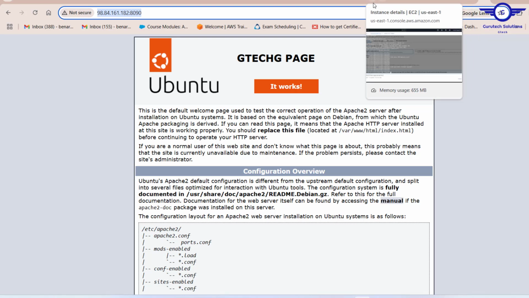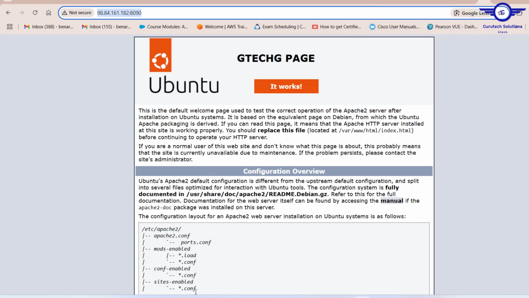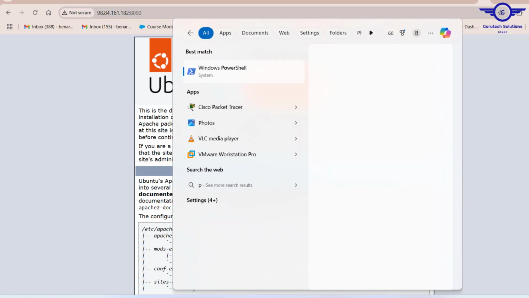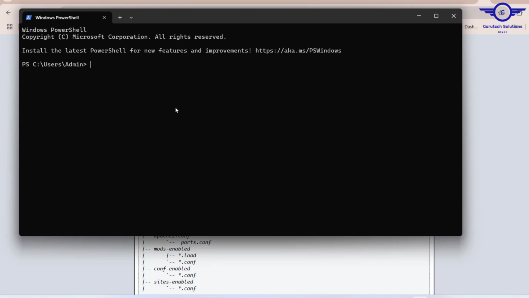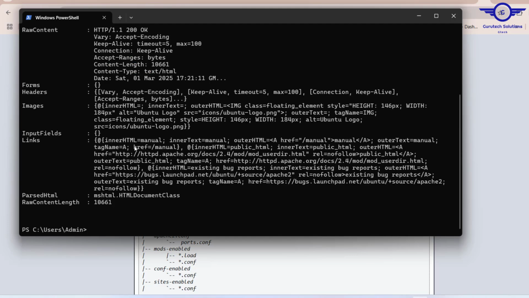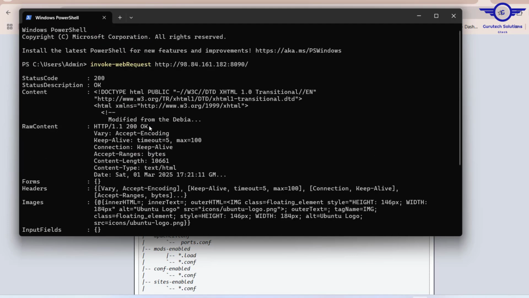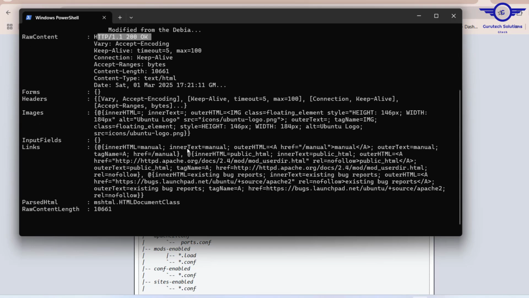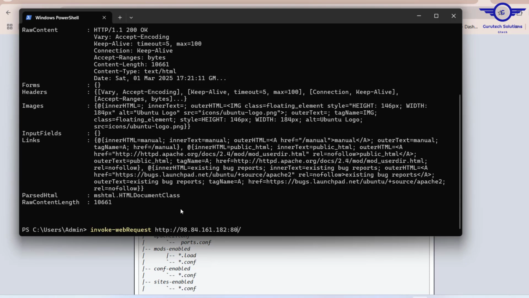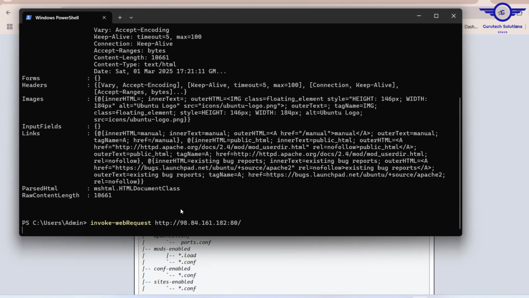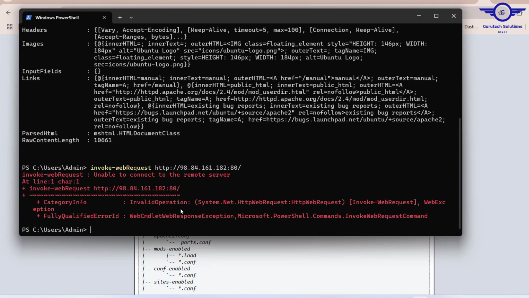And as well, if you go on our machine, maybe PowerShell, Invoke-WebRequest, then we paste this one. Perfect. You can see we're getting a 200 success code. But what if we just make it on port 80? It should not work. Why? Because we don't have a service running on port 80, but indeed the service is currently running on port